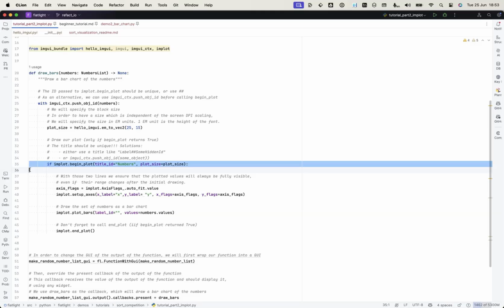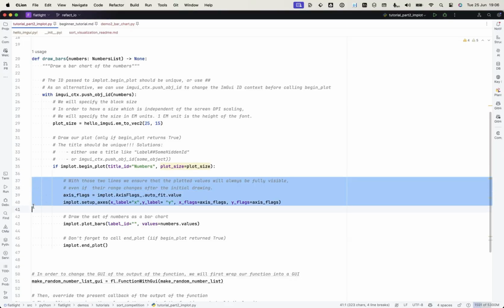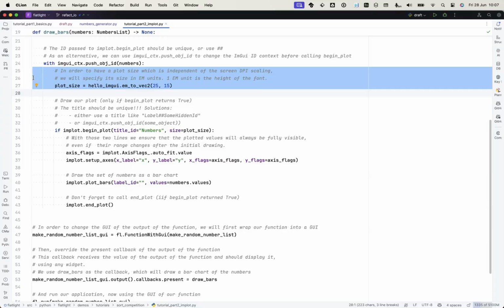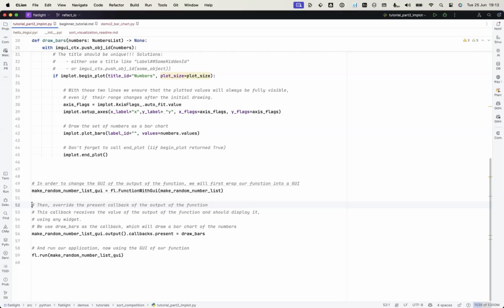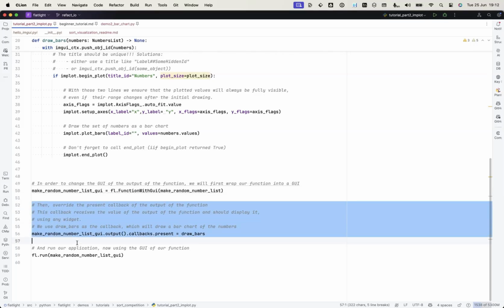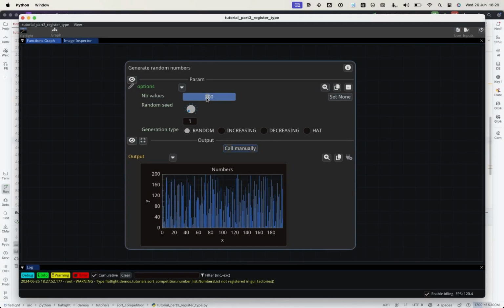Each plot should be done between a call to begin plot and end plot. Then we ensure that the plotted values will always be fully visible by setting the axis flags. Finally, we specify the plot size in M-units. 1 M-unit is the height of the font. Then we can use this function as our present callback and see that we have a nice bar chart in